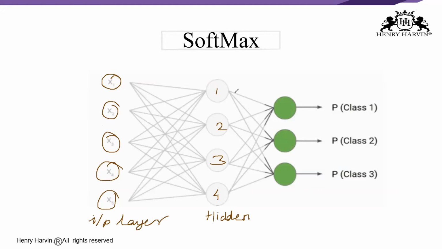What is happening here? Each neuron uses inputs, and there will be weights and biases also. From the output, we will be getting the probability for class 1, the probability for class 2, and the probability for class 3. Why do I have 3 neurons in the output? Because this is a 3-class classification problem, class 1, class 2, class 3.